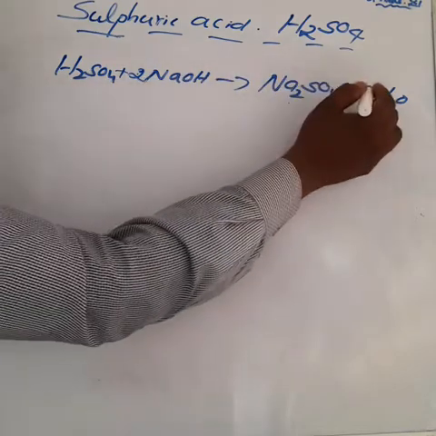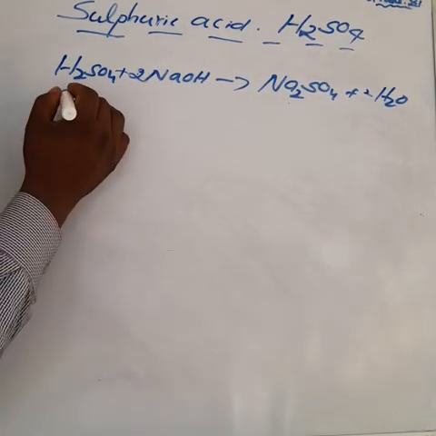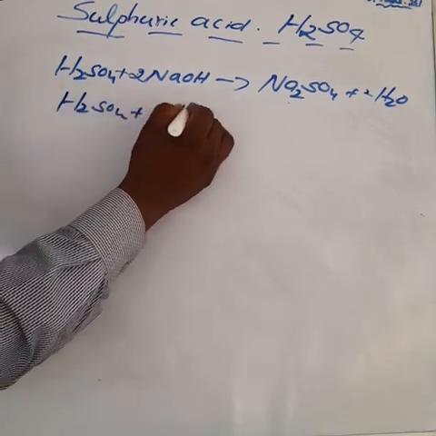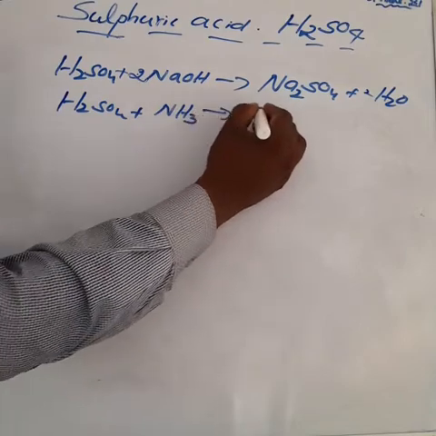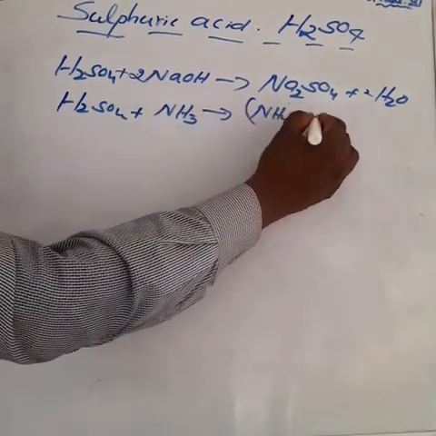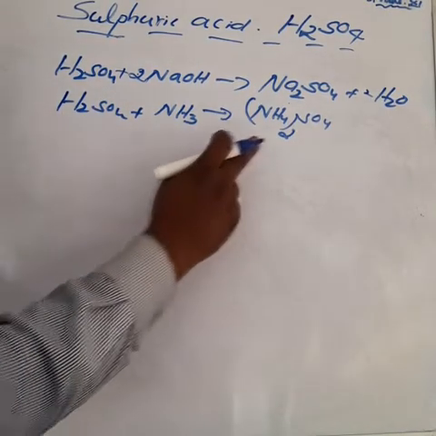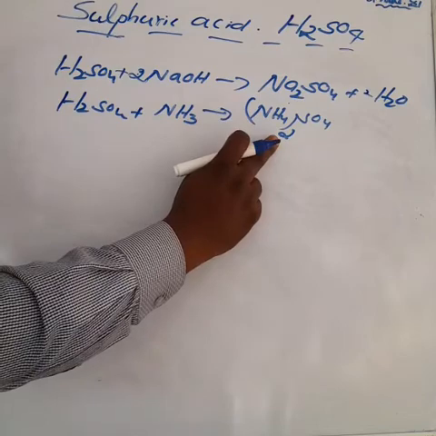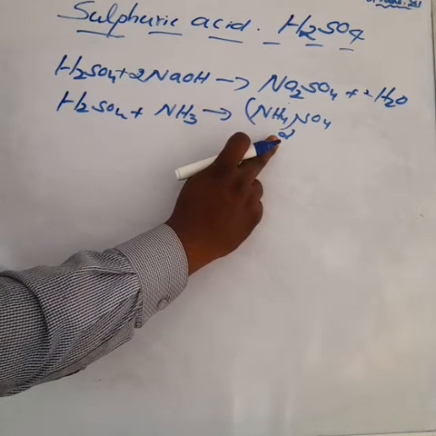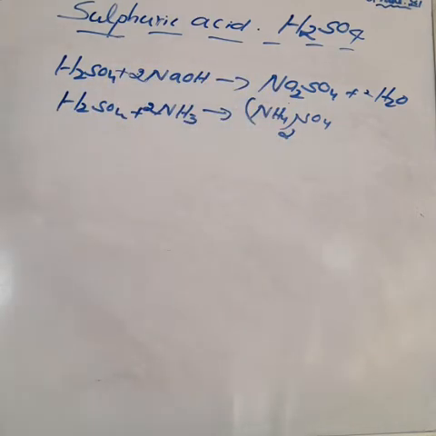So one more product is also obtained, that is the ammonium salt. How is the ammonium salt prepared? Sulfuric acid reacts with ammonia, we get ammonium sulfate. What is the formula for ammonium sulfate? (NH4)2SO4. How much ammonia is there? Product side 2. So make it 2 on the reactant side.